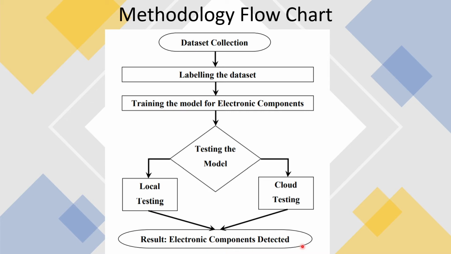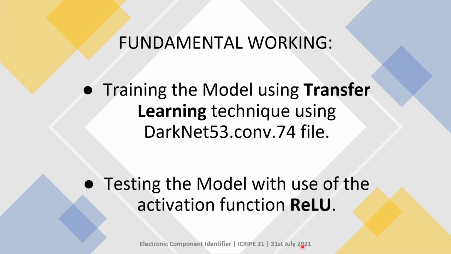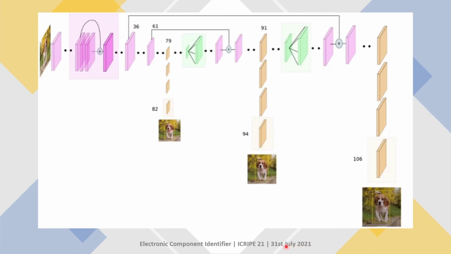Now we use the transfer learning methodology, wherein we use YOLO v3's Darknet 53 framework pre-trained model to help our model in training. And while testing, as I already mentioned, we use the ReLU activation function, which helps in speeding up the process. Here, for example, as I said, the focus is on the special neurons. You can see, for example, the 36th layer has been skipped ahead, and the 61st layer has been skipped ahead. This was done because ReLU identified that these neurons might be special and have better accuracy values, so as to contribute their values towards the output layer.